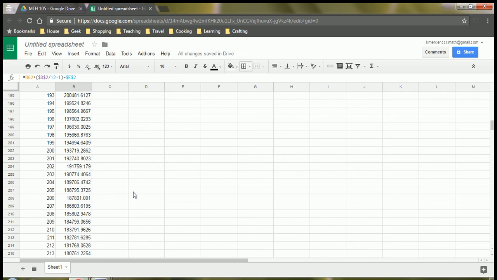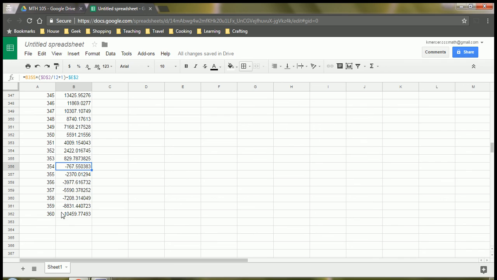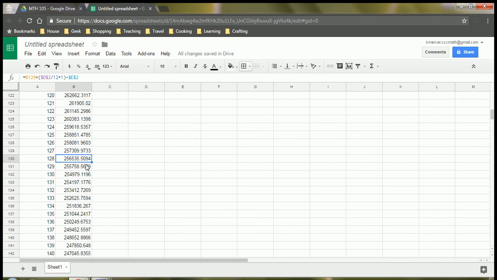So I scroll down again, and I'm looking for where it changes from positive to negative. There it is. That's 354. You don't save a whole lot of time by putting in that additional $4,000, but you do save yourself 7 months worth of payments. If this happened more often over the course of 30 years, you of course would be saving more and more time. If for whatever reason at 128 months you have an additional $5,000,